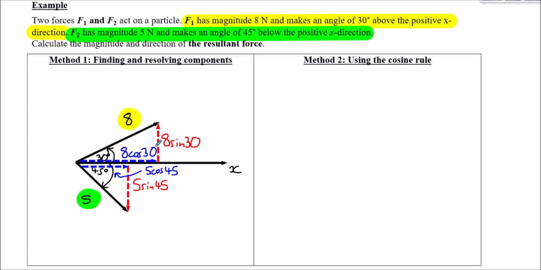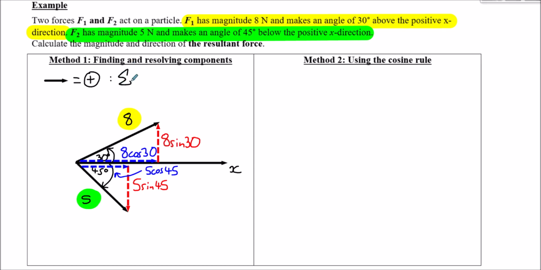So we can now use this information to build a picture of what's going on. So we can sum the horizontal components and we can sum the vertical components too. So if we take this direction as the positive,